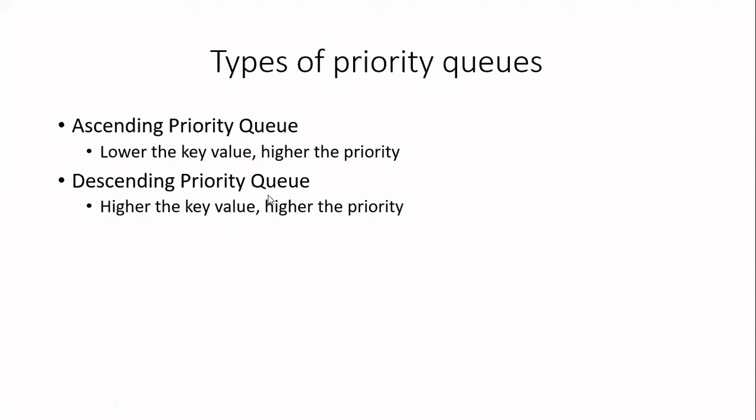And in case of descending priority queue, descending means highest to lowest, so higher number will be given highest priority. So this is how you classify the priority. Generally, we go for descending priority queue. That means that whenever the number is higher, that will be taken as highest priority. But in your marking, if you consider your marks, whoever is having the highest CGPA, that student is given rank 1. Rank is 1, but we say it is highest priority.